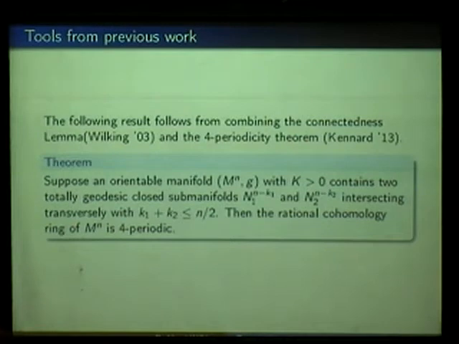If we have a positively curved manifold, and two totally geodesic submanifolds that intersect transversally, and the codimensions add up to something still less than n over 2, then the rational cohomology of the manifold is actually 4-periodic, which is very strong. Rationally 4-periodic means